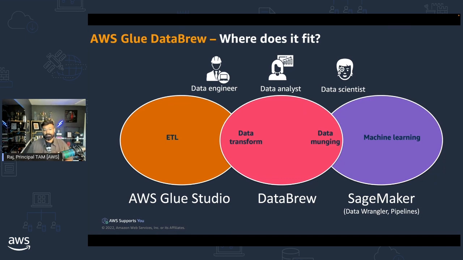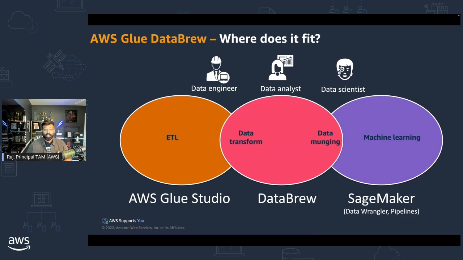From a persona perspective, data engineers and data analysts can use Glue Studio and DataBrew for data preparation. On the other side, your data analyst and your data scientist can use SageMaker Studio and SageMaker Data Wrangler for data preparation. The second aspect is the complexity and coding perspective. Consider Glue DataBrew to be a tool for no code, where you don't have to bring in any custom code